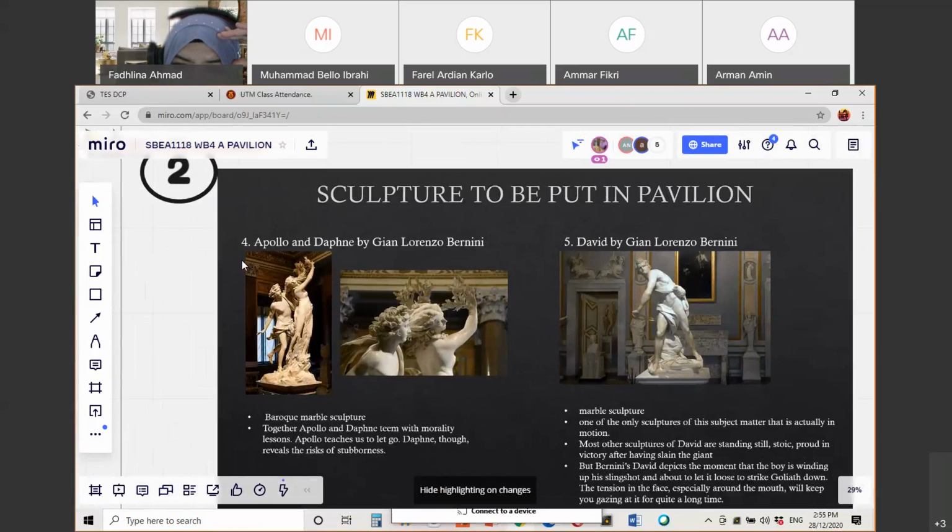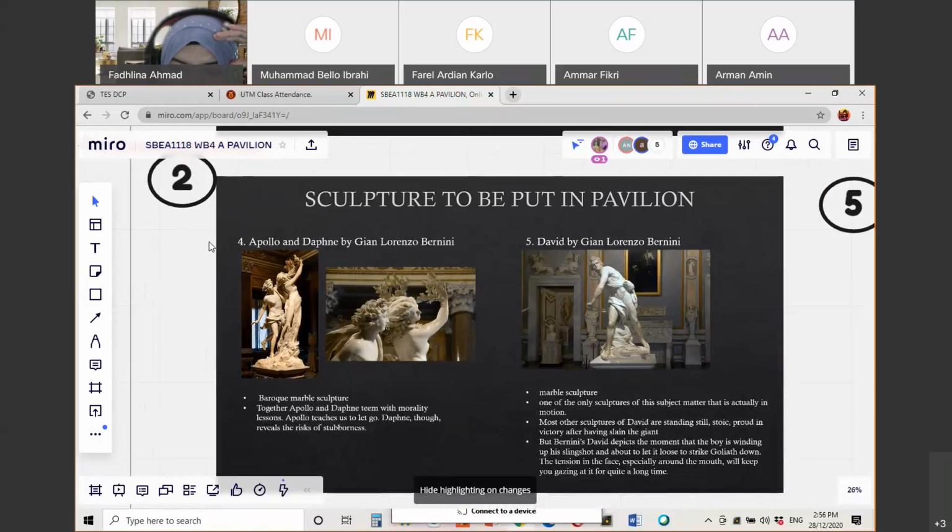Number four is Apollo and Daphne by Gian Lorenzo Bernini. This is a Baroque marble sculpture, and the moral that we can get from this sculpture is that Apollo himself teaches us to let go, and it definitely reveals the risk of stubbornness. The story of these two persons is actually